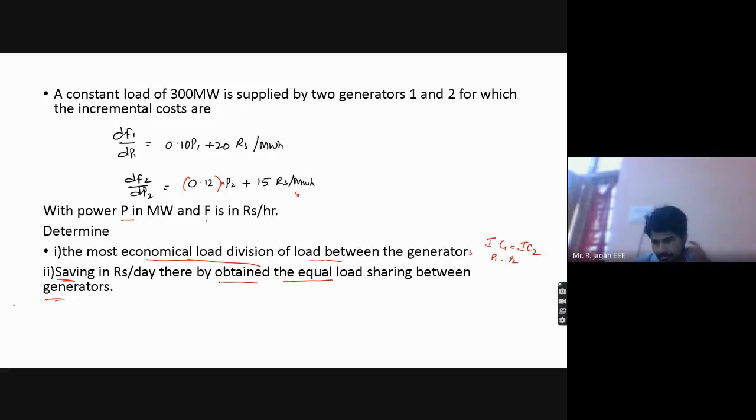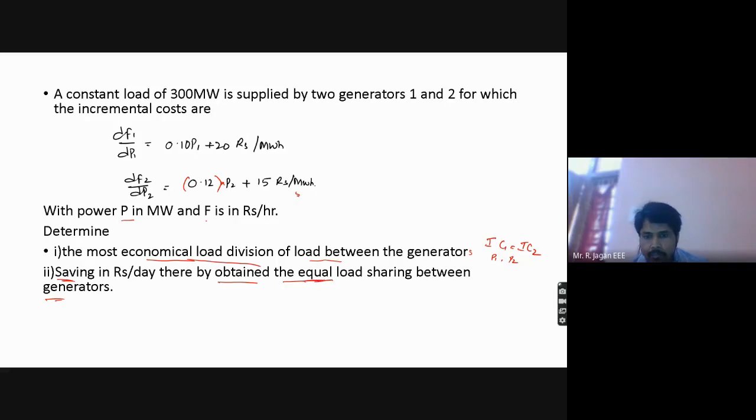For example, we purchased a pen for 10 rupees, right? So I have sold it for 8 rupees. What is the loss? 2 rupees is the loss. If the cost is 10 rupees, but I purchase it for 8 rupees only, then the saving is 2 rupees for the other person. Correct or not? That means here I need to know two costs. One is the main cost. One is the cost after purchasing.